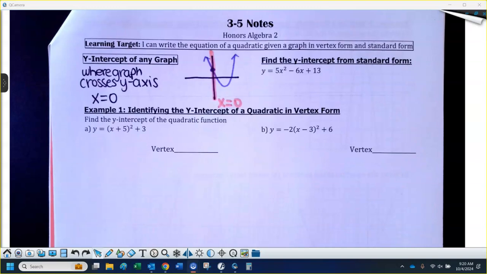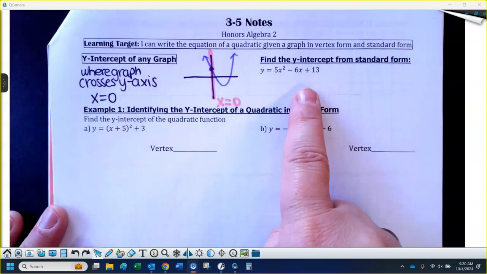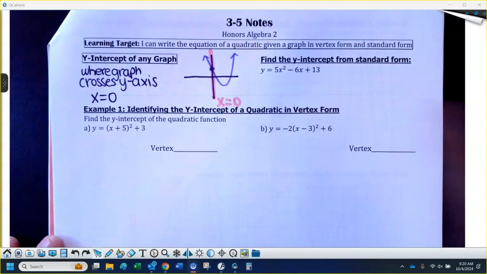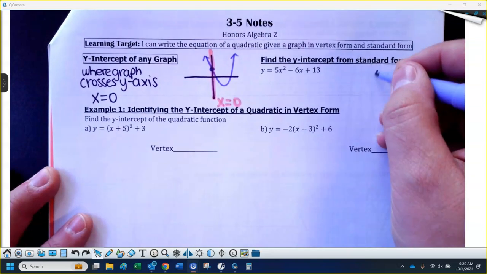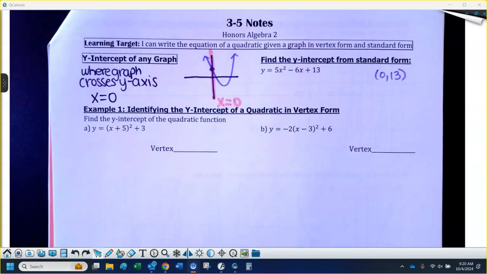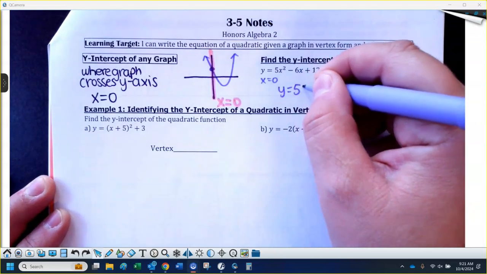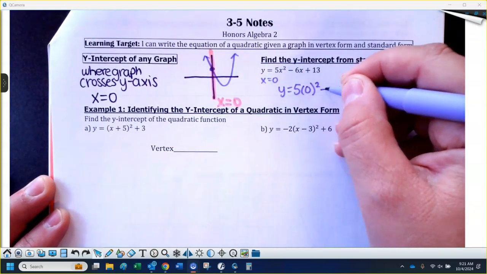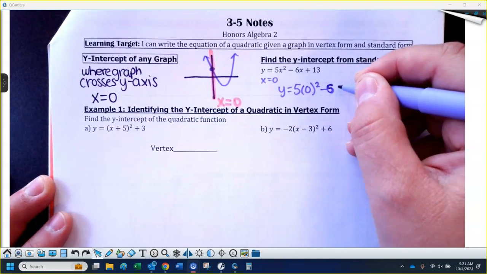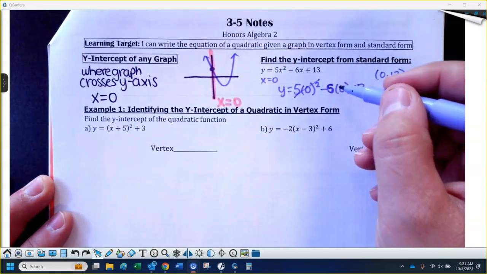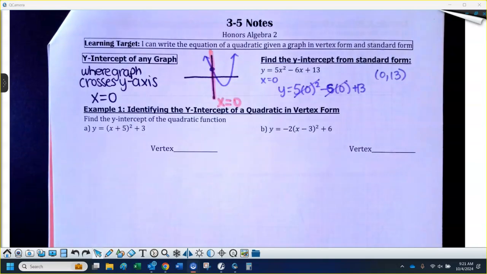Okay, so if you have a graph in standard form, which I do just to the side here, does anybody know, without doing anything, what the y-intercept of this graph would be? 0, 13, for sure. And the reason it's easy to see in standard form is, if I sub in 0 for x, you guys don't have to write this, I'm just going to write it real quick, I just wrote 5, okay, 6 times 0 plus 13, that 0 multiplied by that term and by that term wipes out both terms that have variables